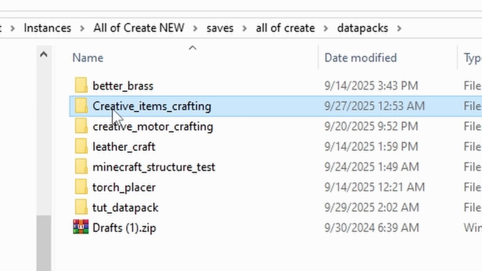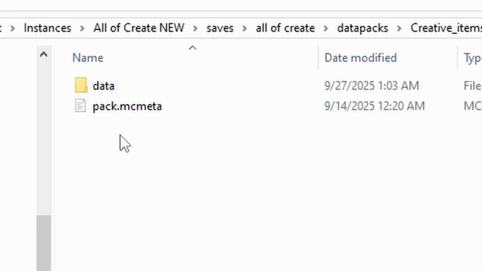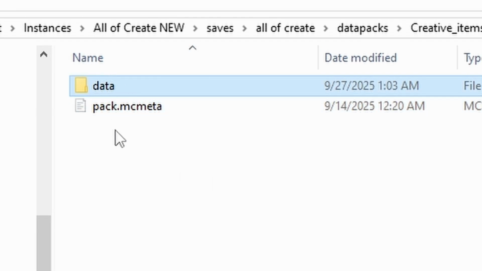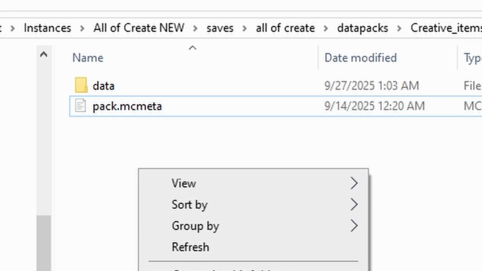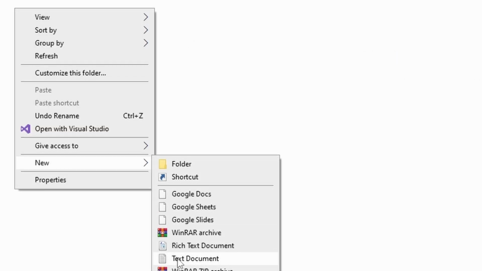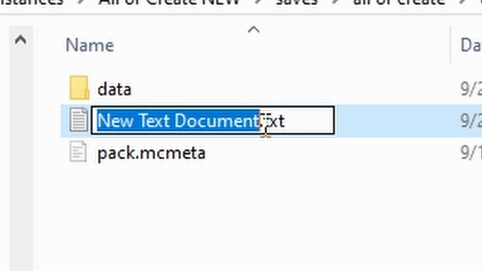This is one of my folders that I'm going to be using. You'll see we got two folders in here: one's a data folder, and one's a pack.mcmeta file. How you do that is you right-click, click New, and Document. Where it says .txt at the end, you want to make sure that's highlighted also, so click Control and A to highlight everything. Then we're going to type pack